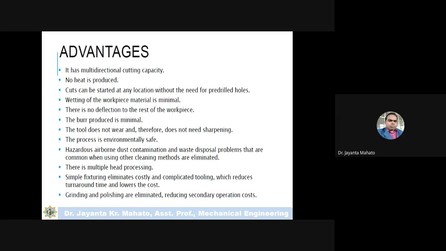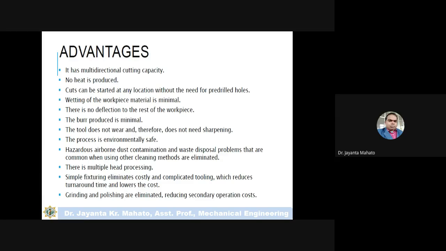Hazardous airborne gas contamination and water disposal problems that are common when using the cleaning method are eliminated. जिसमें वाटर जब यूज हो रही है तो जो